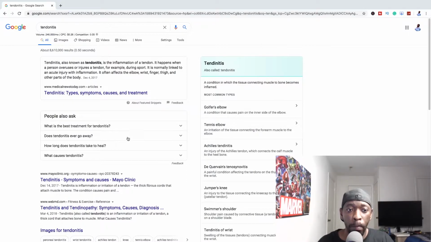Okay, so start out by, here's one: inflammation, and you can use inflammation and inflammation of a tendon, and you can use injuries and elbow, wrist, finger, thigh, and other body parts. Acute injury,